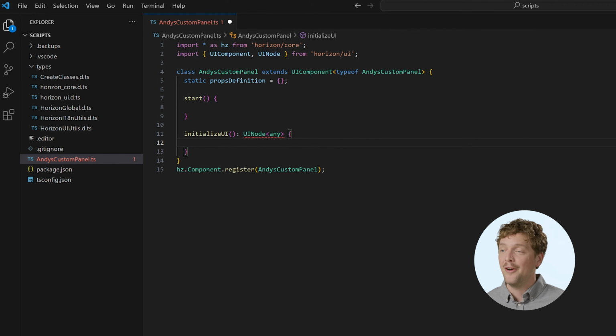And again, we've got another error. And this red line is highlighting underneath UI node. That's because this function is asking us to return something that is of type UI node. That's pretty straightforward. We can do return,